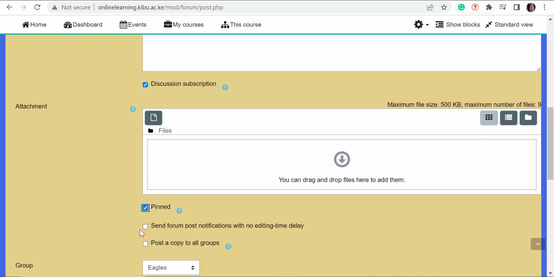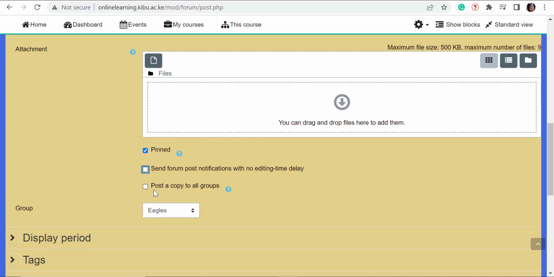You can allow the forum post notifications to be delayed a bit, so send forum post notifications with no editing time delays. Usually when students post in a forum, they're given a certain time period within which they are able to edit their forum posts. You may want to post a copy to all groups, but in this case,